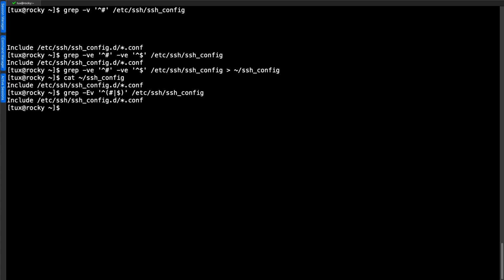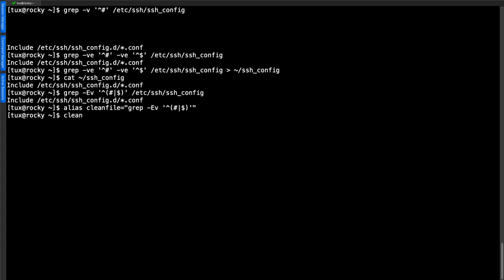Now, as we start looking at some of our code, we might think, well, this is a great idea, but I'm probably not going to remember it, but I'd like to be able to use this quite frequently. Well, that's where our aliases come in. And if I create a new bash alias, we can call it anything that we want, but I'm going to call it clean file here. We can open up our double quotes, and then we can go through and paste in our grep command. Don't paste in the file name. We want to be able to use it against any file.